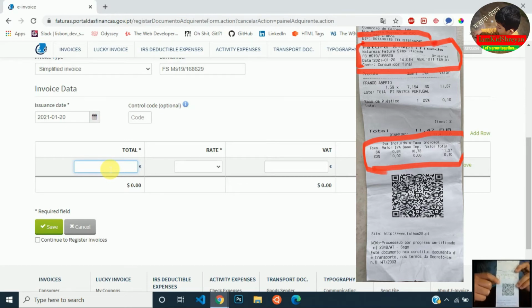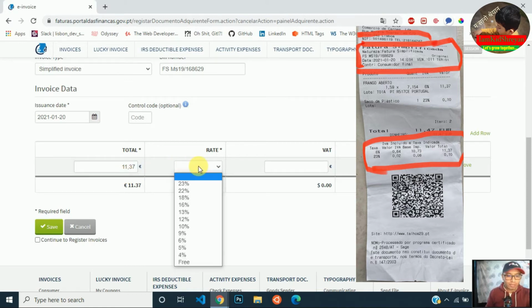So we have to do it two times. Here put the total amount. If you see, it is in the bottom part. As I am displaying in my small screen, it is in the bottom part, and you can see from the invoice here as well. We have to do it two times, for the 6% differently and then 23% differently. Like here I am doing.